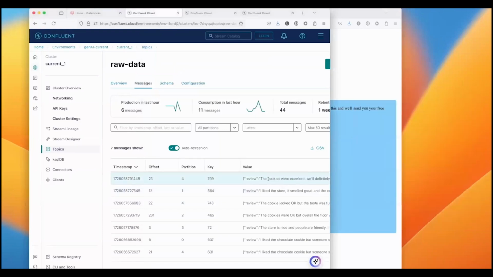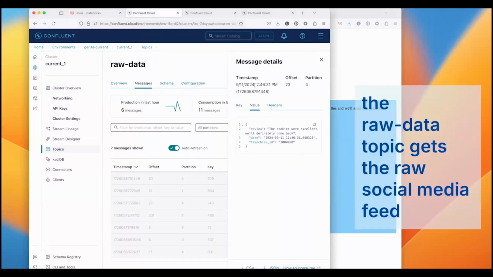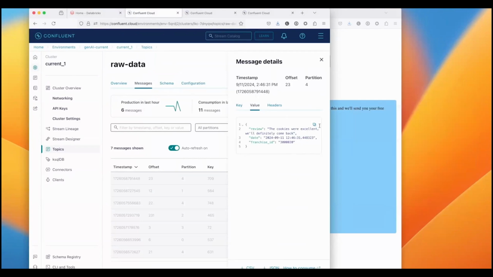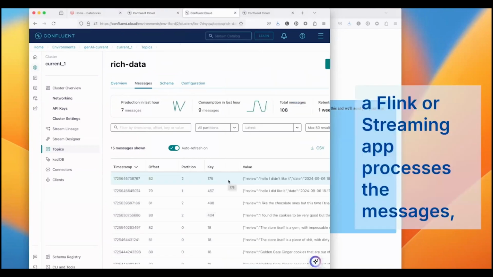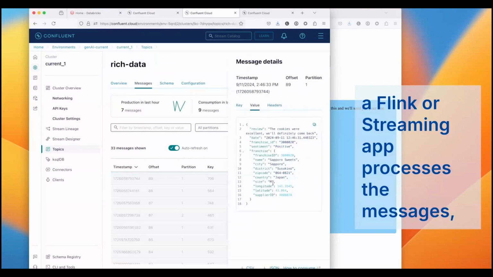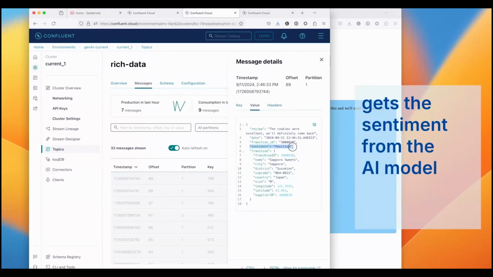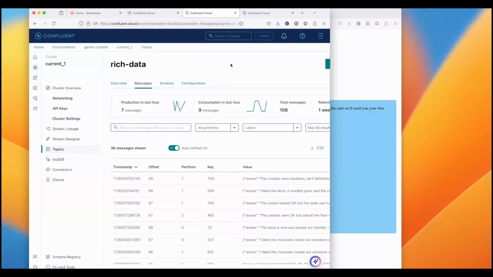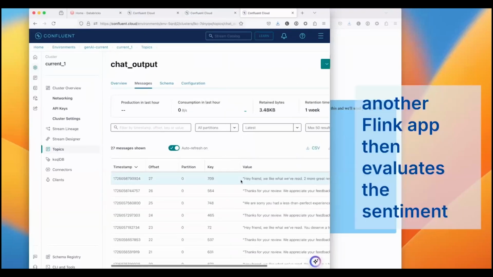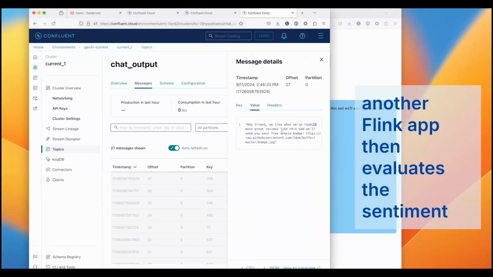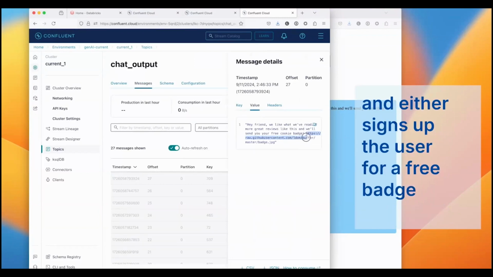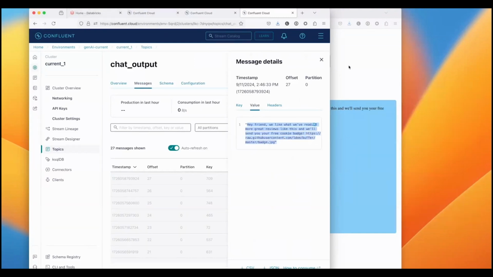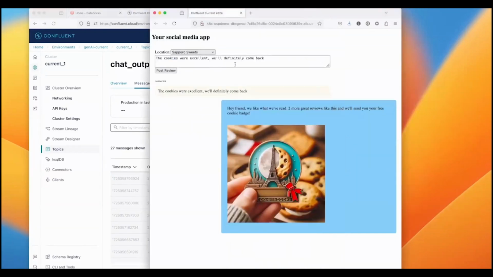So let's see what happens behind the scenes. You can see the message coming in here on the raw data topic. The message is right there, review date, and the franchise ID, right? We then have another topic. So we run that message through the Databricks AI model to get the sentiment. We also run it through a couple of processing tools just to get more information on the franchise. So you can see the franchise ID with all the information there. And lastly, we run that message again through the Databricks AI model to get the response, right? So this is the output response on another topic as well, saying, hey, friend, we like what we read. Well, here's your cookie badge with the link to the image as well,